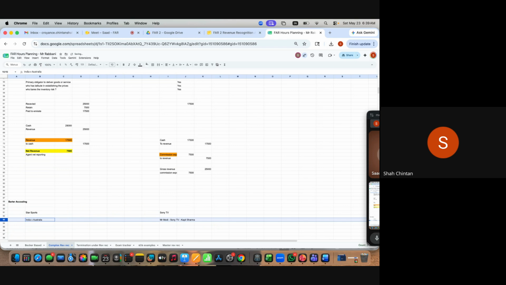Now, स्टार स्पोर्ट्स एंड सोनी टीवी बोथ नो कि जब इंडिया ऑस्ट्रेलिया का मैच होगा, स्टार स्पोर्ट्स नो कि मैं एडवर्टाइजिंग स्पॉट 10x पे बेचूंगा। इवन सोनी टीवी नो कि जब मिस्टर मोदी साहब आएंगे कपिल शर्मा के शो पे, उस दिन के एडवर्टाइजिंग जो स्पॉट्स होंगे, वी विल सेल एट 10x। नाउ स्टार स्पोर्ट्स क्या चाहेगा? आई वांट टू डू अ क्रॉस एडवर्टाइजिंग, कि जितने भी व्यूअर्स है जो सोनी टीवी ज्यादा देखते हैं, मुझे उनको बताना है कि भाई संडे को वर्ल्ड कप फाइनल है, वॉच द स्टार स्पोर्ट्स। व्हाट सोनी टीवी वांट्स टू शो, कि जितने भी क्रिकेट व्यूअर्स है, मुझे उनको बताना है कि ट्यूसडे को मिस्टर मोदी इज कमिंग ऑन द शो, प्लीज वॉच।